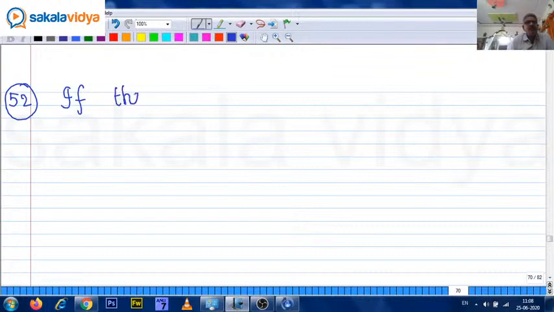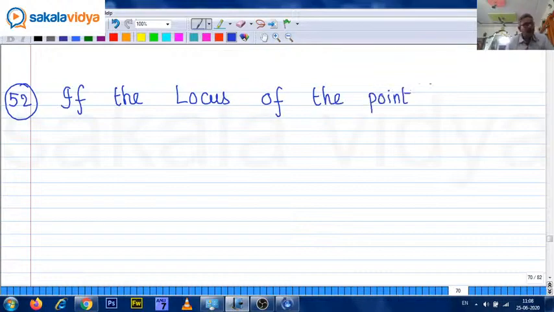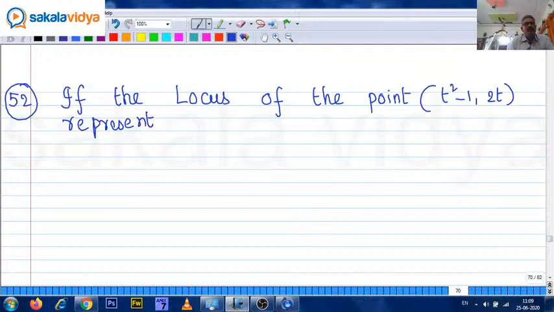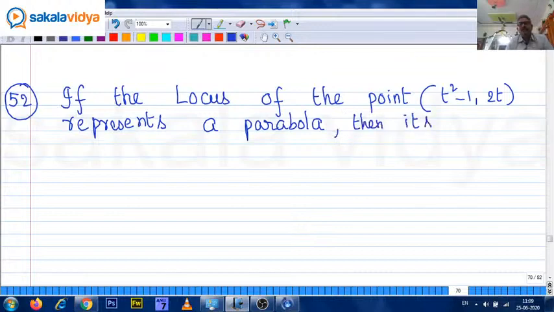If the locus of the point (t square minus 1, 2t) represents a parabola, then its focus is